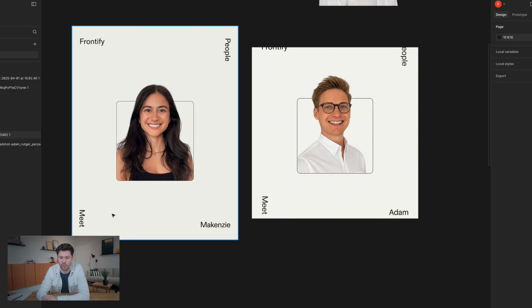So a few observations here. What you can see is the text, in this case meat and so on, is not too bad actually, it's rather accurate. Then you see that the name Mackenzie was replaced with the name Adam. The positioning is